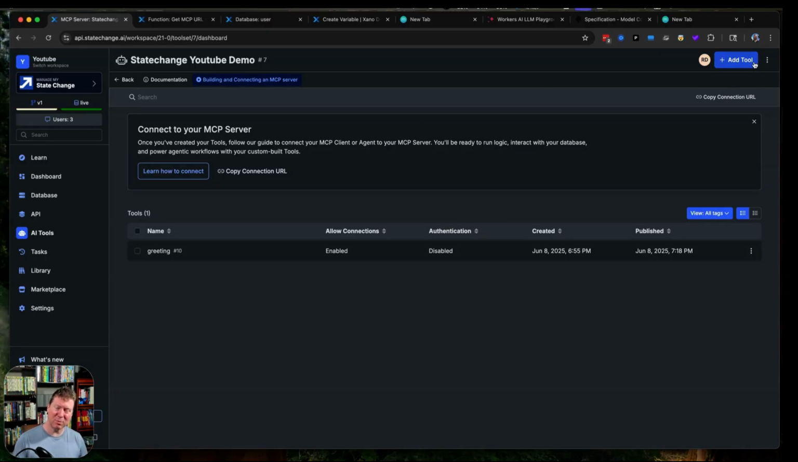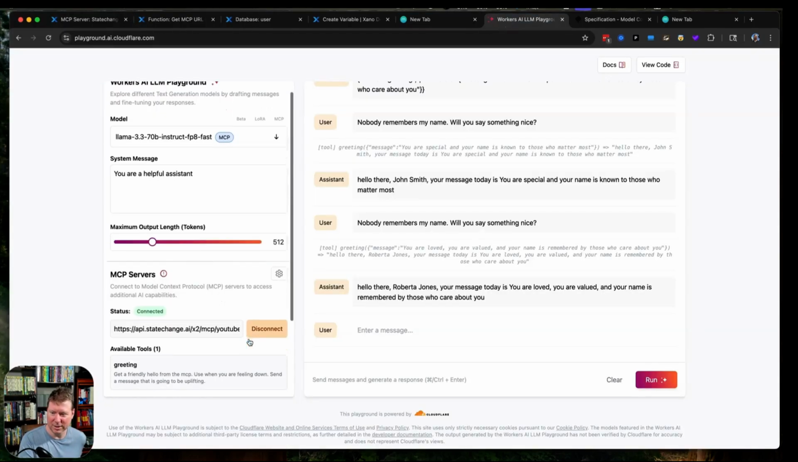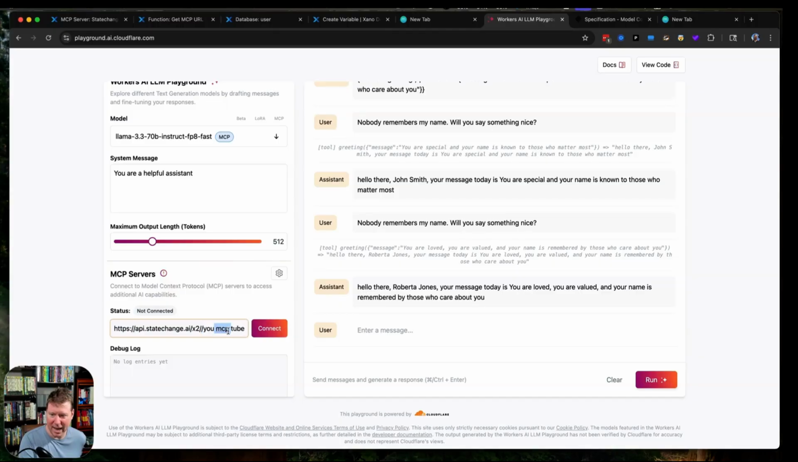But there is one more consideration, which is the list of tools themselves can give an attacker like a vector for understanding what's going on. And right now, when I'm looking at this, you see how it shows me available tools? Well, if I were to disconnect and give it a bad URL,